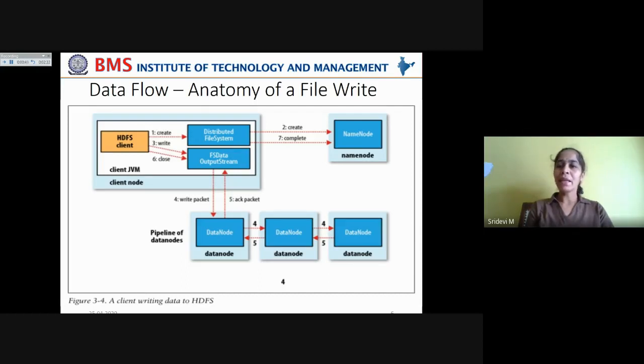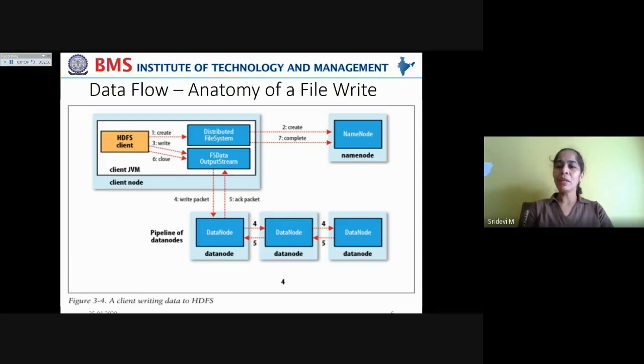And the name node is signaled that the write operation is complete. Now the name node already knows where the blocks are actually written on the data nodes with the help of the data streamer. Why? Because the data streamer will each time request the name node to allot blocks on the data nodes into which the file has to be written.